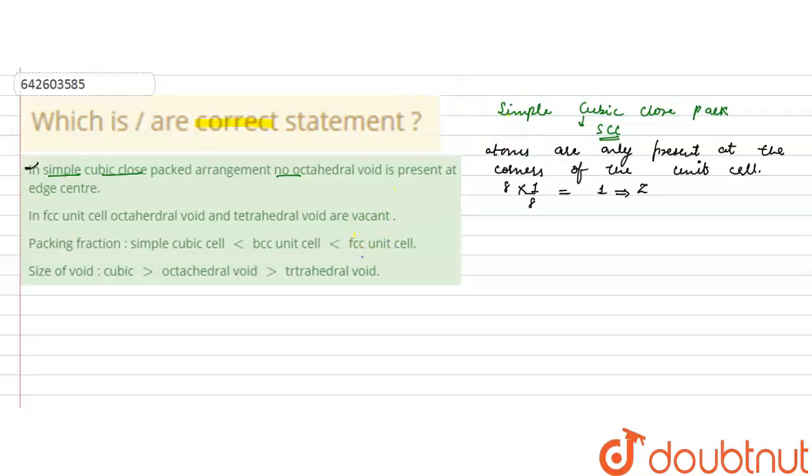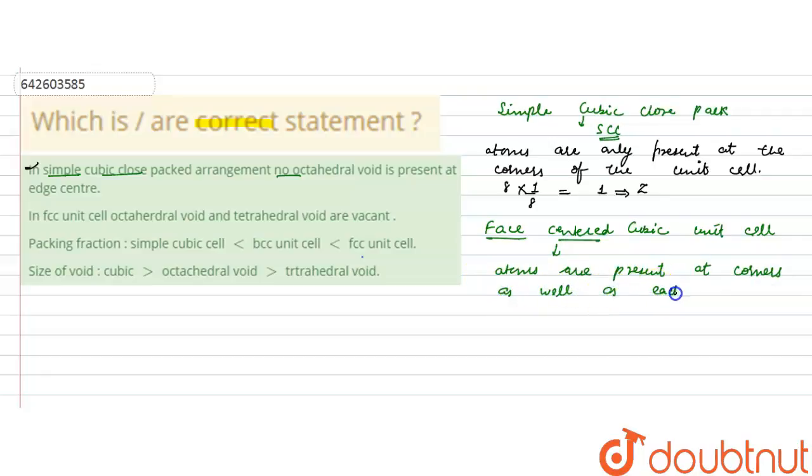So if we talk about FCC unit cell, that is face centered cubic. So in face centered cubic unit cell, the atoms are present at corners as well as at each face center. So in FCC arrangement, atoms are present at corners as well as each face center, and the octahedral voids, these